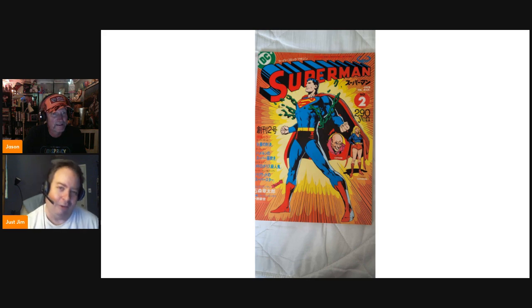Japanese. Exactly. So that took decades for me to find. On eBay, I found one, and now they're popping up more on eBay, but before, you could never find a copy. But finally I was able to find a few issues in Japanese. So very cool. This lasted only about 2 years because